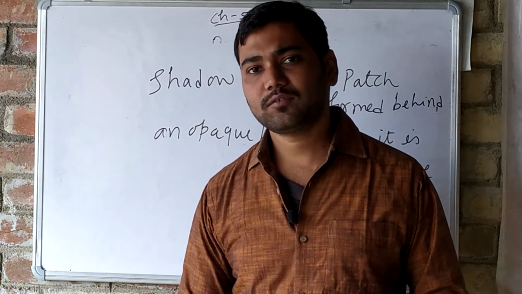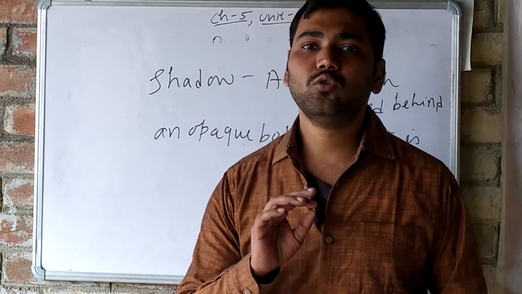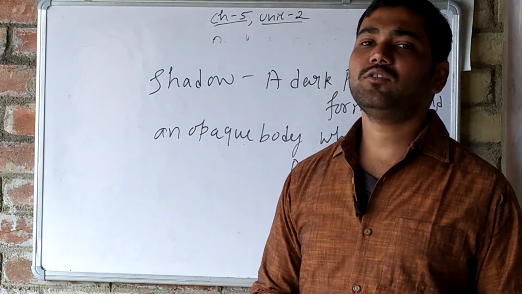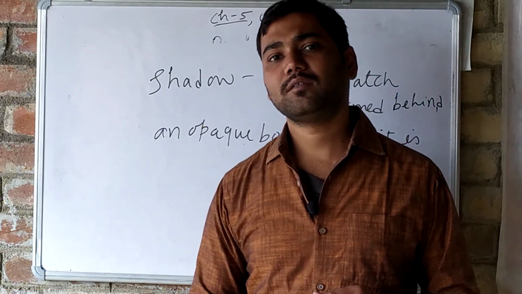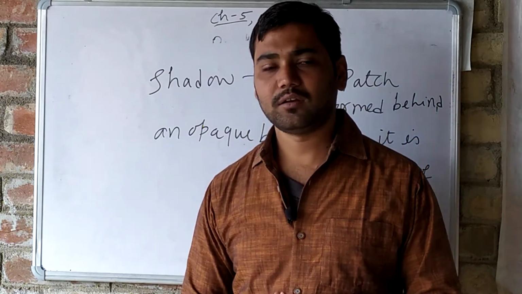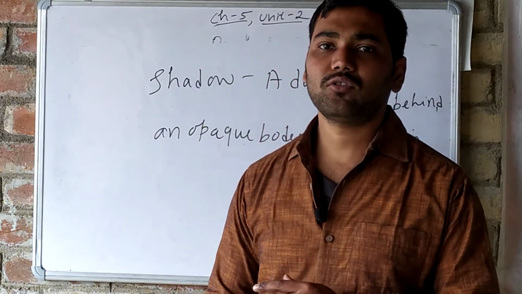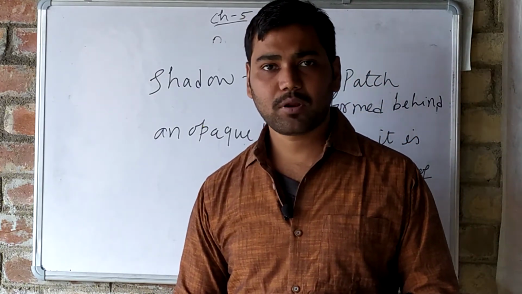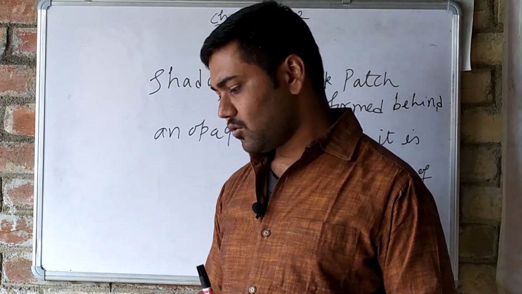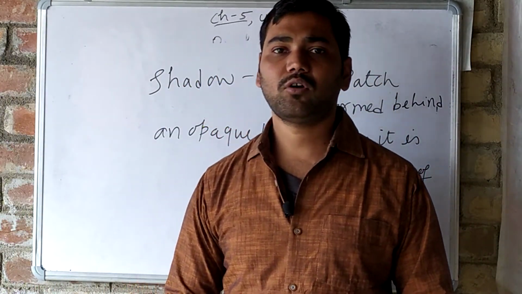How is complete darkness formed? Complete darkness is only created if no light has fallen on that portion. If no light has fallen on that region, then that region is the umbra region, because it is the region of total darkness. No light is there. And penumbra means there is partial light. A few lights have fallen on that region, that is why it is the penumbra region, a region of partial darkness. Because of that, there is only partial darkness, not complete darkness.